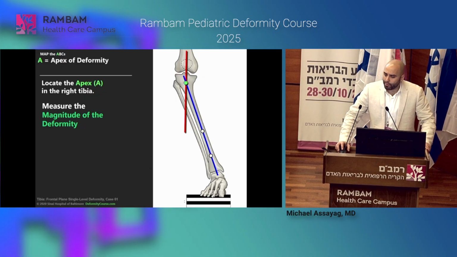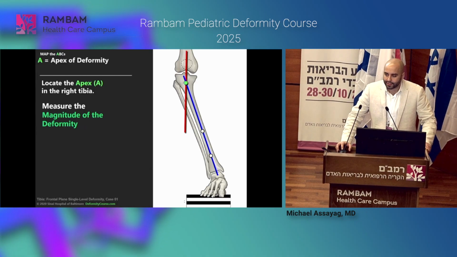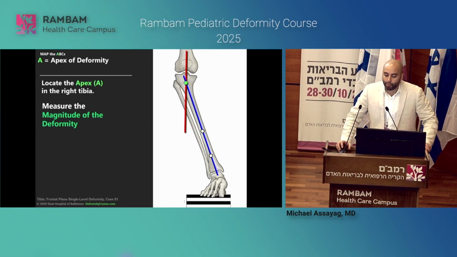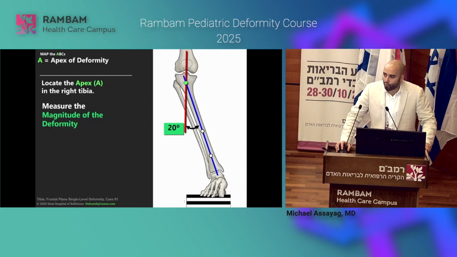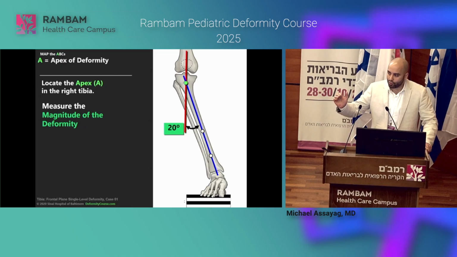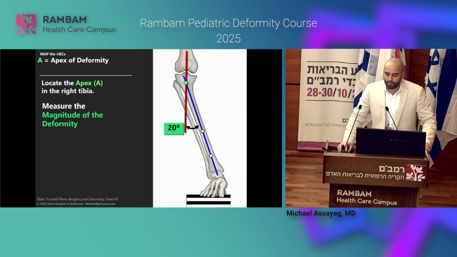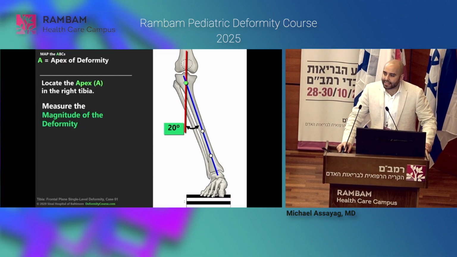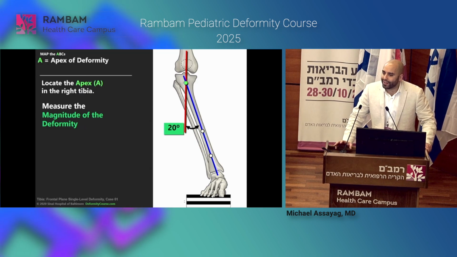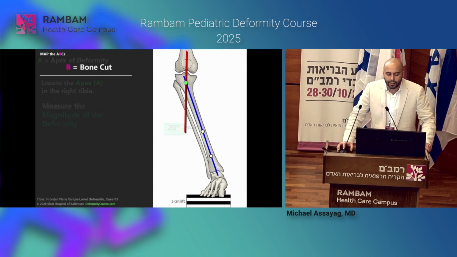And that apex of deformity is very proximal, as we could see, for example, in a case of growth arrest, partial growth arrest of the proximal growth plate or Blount. And now we can measure the magnitude of deformity by measuring the acute angle, in this case 20 degrees. So that tells me that I need to correct 20 degrees of proximal deformity in the tibia. That's the science, right? There's not a lot of different answers that we can come up with.